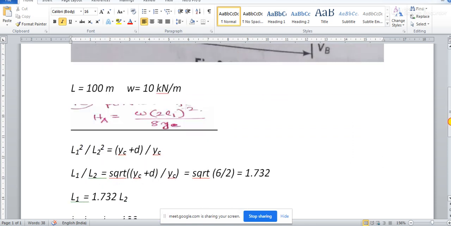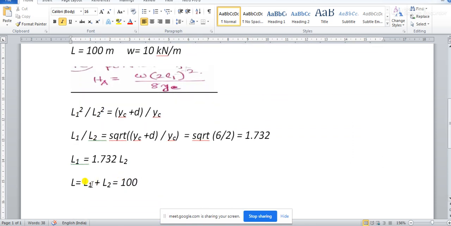So if I do L1 plus L2, it becomes equal to L. So it is 100. Now I know L1 is nothing but 1.732 L2. So in place of L1, I can place 1.732 L2